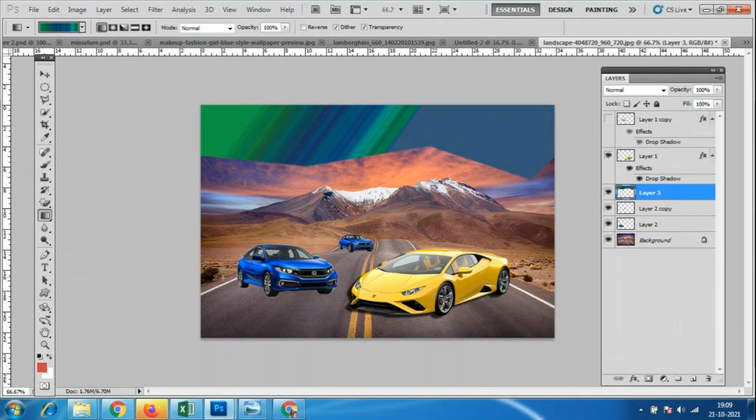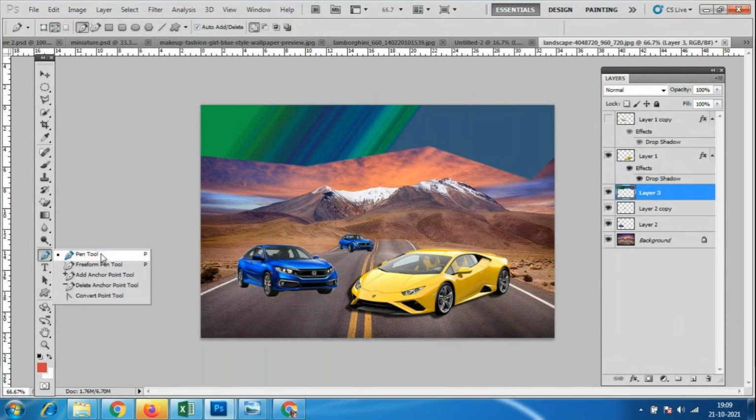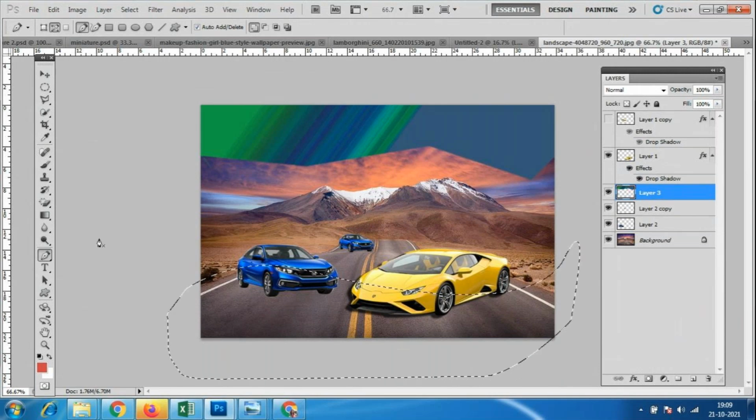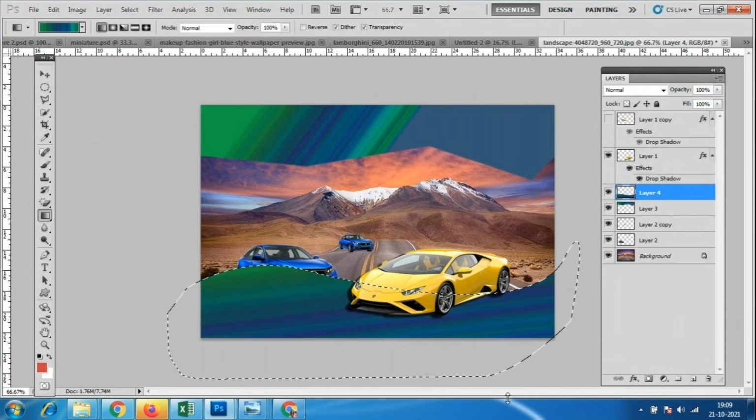So if I use the polygonal tool, it will come out with sharp edges like this. But curves are possible with the pen tool. So if I use this pen tool like this, I can add more curve shapes. So I'm adding the curve shapes now. So Control Enter. See, I'm getting the curve shape like this. Okay, so I'll just use a color like this. Control D.